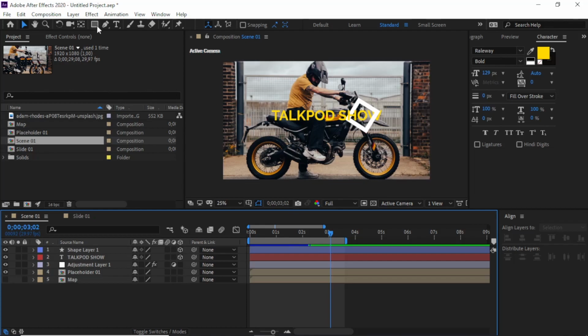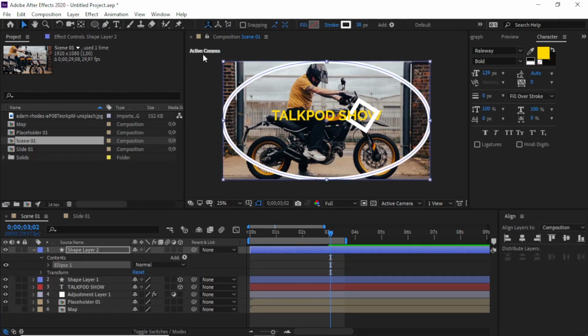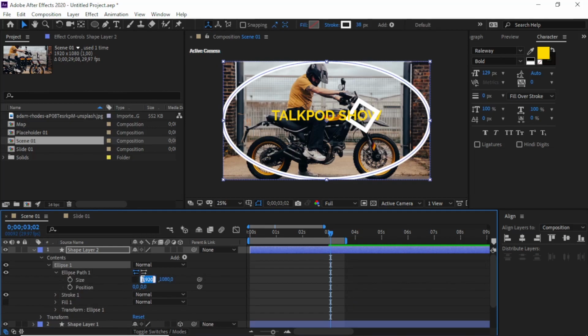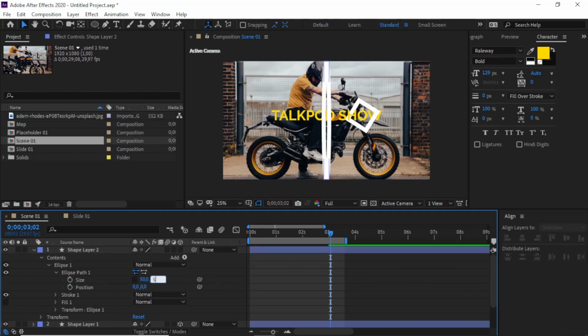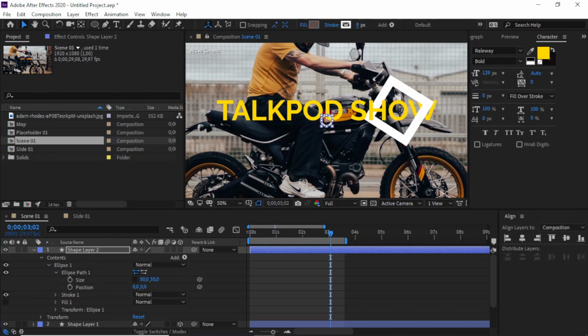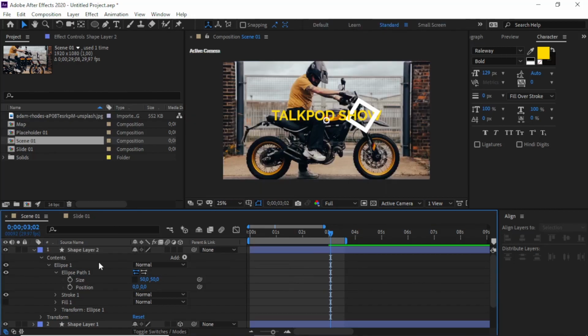So I will create it with the ellipse tool, double click on it, and I need to create it smaller, about 50 by 50 like this, and the stroke is about like this. This one is a perfect circle. I need to make it smaller.